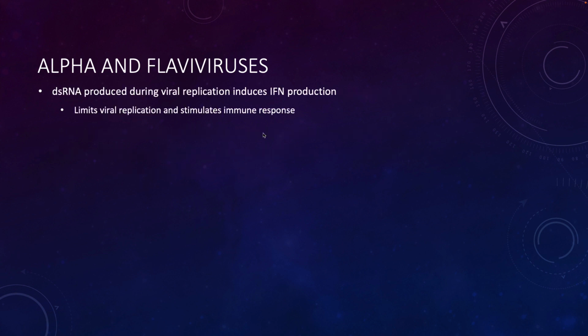I did mention when we talked about the reoviruses how double-stranded RNA is a trigger that there's a viral response. And so what can happen is during viral replication, these viruses don't protect their double-stranded RNA like the reoviruses do. This double-stranded RNA is just out there in the cell like, yay, double-stranded RNA. But that triggers the cell to say, whoa, I'm infected. That leads to the production of interferon, which helps to limit viral replication and to stimulate the immune response. So that's when you're going to start getting those flu-like symptoms.